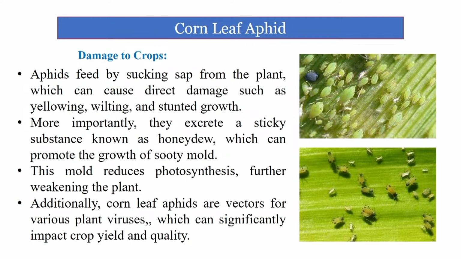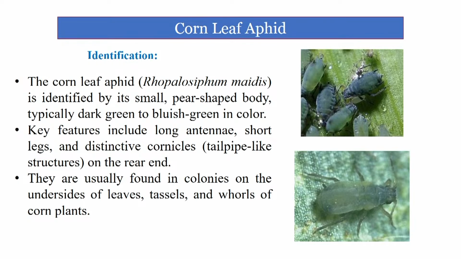Because of that they can reduce photosynthesis, and additionally corn leaf aphids are vectors of various plant viruses, which are transmitted by these vectors also. And economically this pest is also important, causing significant loss to farmers or growers. You can identify these aphids easily because they are typically dark, grayish or sometimes bluish in color, and key features include long antennae and short legs, and they are usually found in colonies on the underside of the leaves and tissues